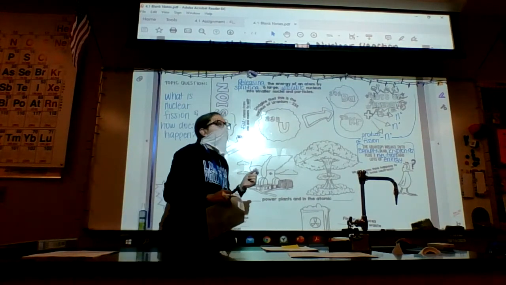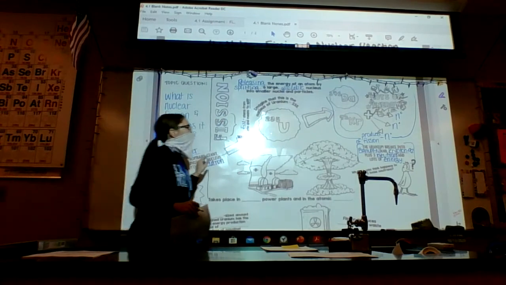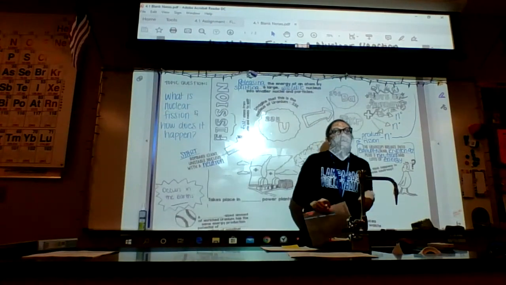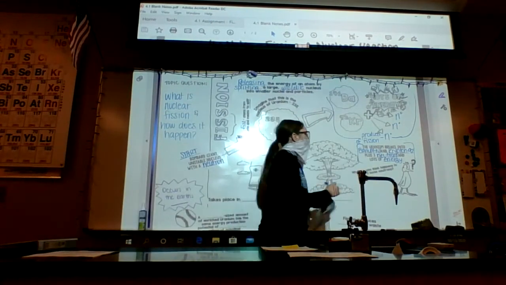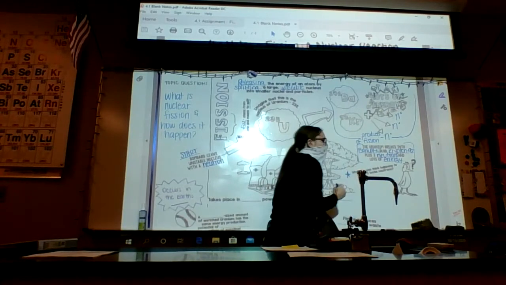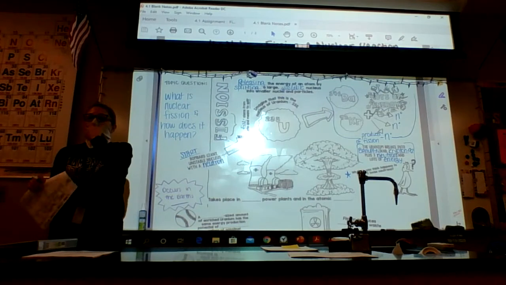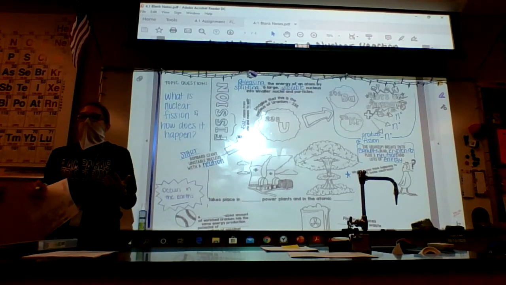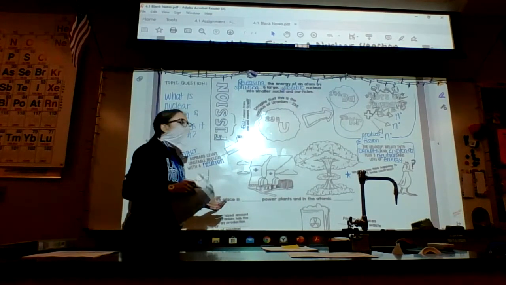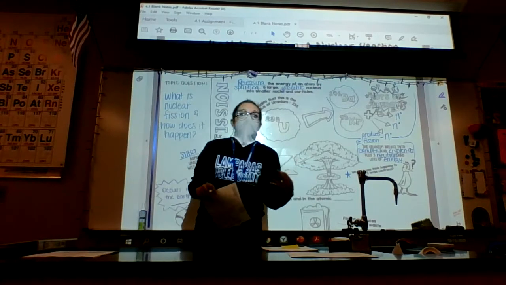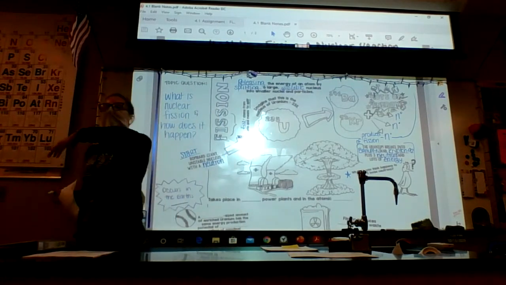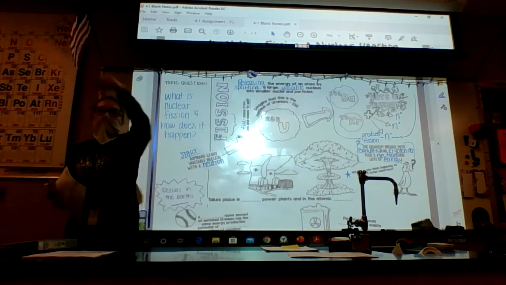Okay, so fission started with a neutron, ends with 3 neutrons. We're going to answer this question. What do you think happens to those 3 loose neutrons? What are those neutrons going to go do? They're going to go hit more uranium, right? And then it's going to produce 3 more neutrons. And those neutrons are going to go hit even more uranium. What is that called whenever it just keeps happening?